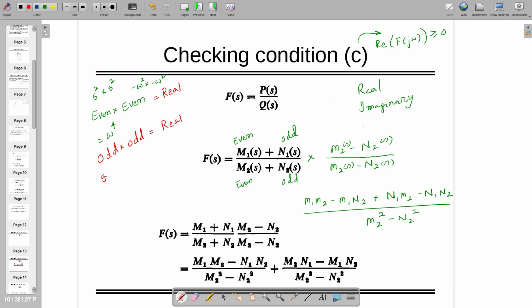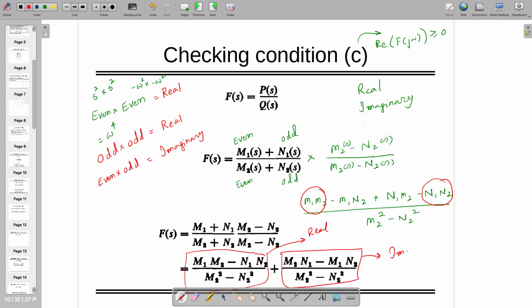You can take one example like s multiplied by s cube. So it's real. It will not have any function which will be multiplied by j, or it's imaginary. But if I am multiplying even with odd or odd with even, it's imaginary. So even with even, odd with odd, I'll take them together, divide by m2 square minus n2 square. I call this entry the real entry and this entry the imaginary,